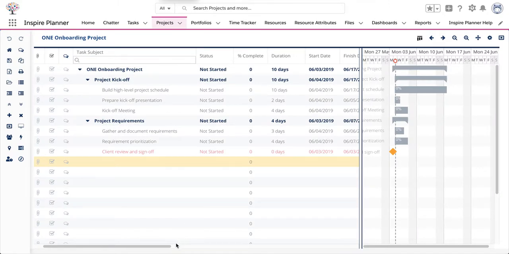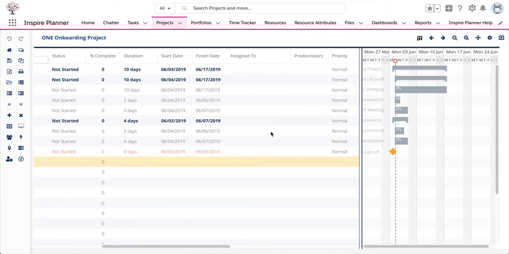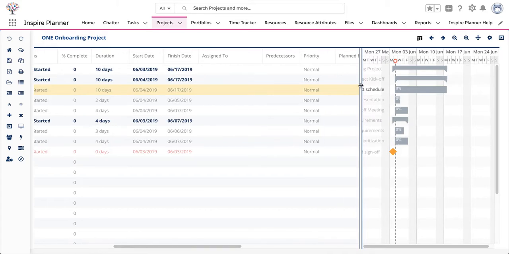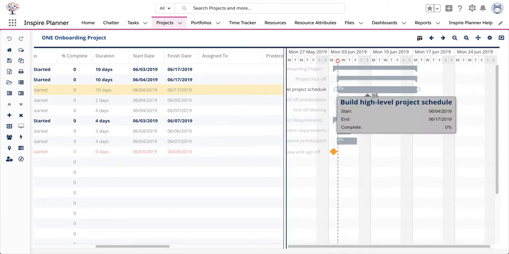Once you've specified the duration of your tasks, the next step is to specify predecessors, which are your task dependencies. Inspire Planner supports the 4 common types of predecessors: finish start, start start, finish finish, and start finish. There are 2 ways to specify predecessor relationships. One way is to manually populate the value under the predecessor column for a task. But we find that the easier way to do this is to specify predecessors using the Gantt chart on